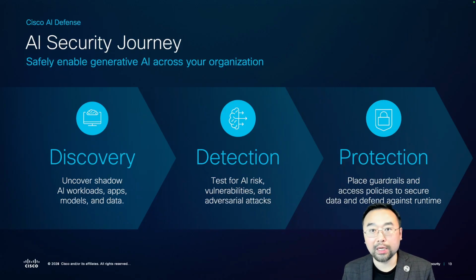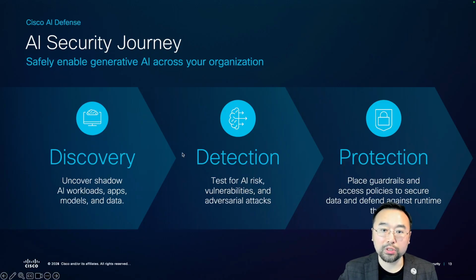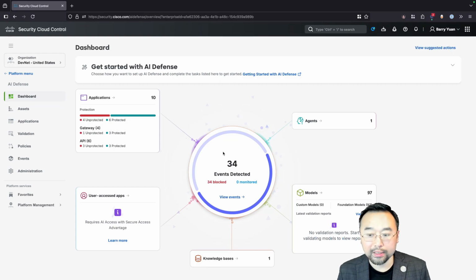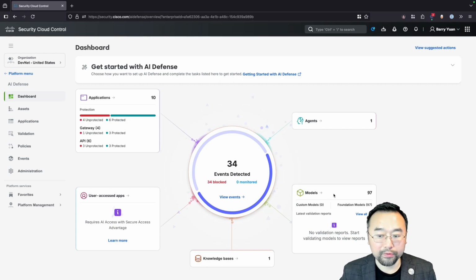And then the third step is we're providing guardrails around our AI and their data so that we can properly protect them in real time. So let's go to the first step, which is back to the dashboard. As you can see, we have already identified some of our assets. So we have a couple of the AI models that we're using, and we also have an agent that's identified